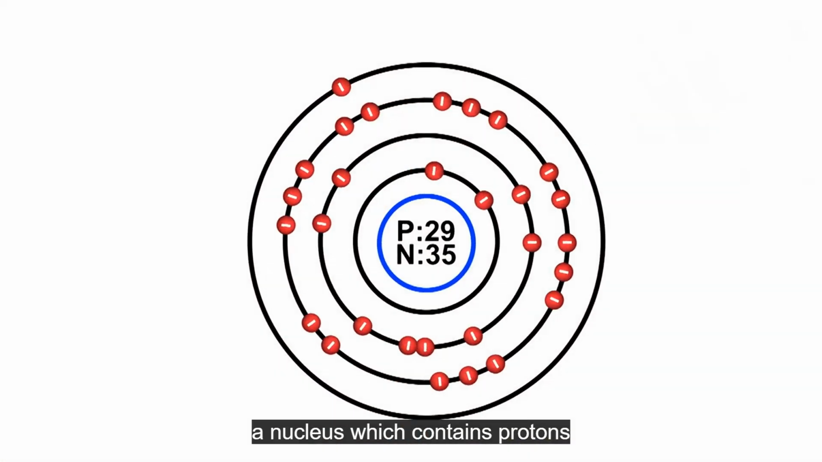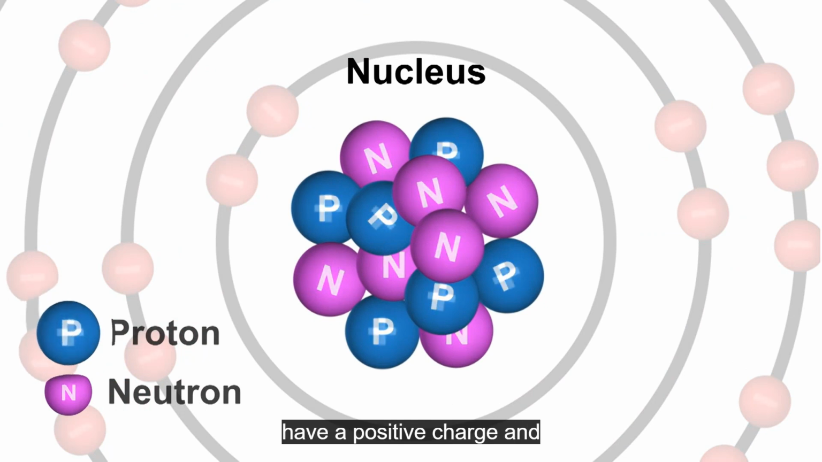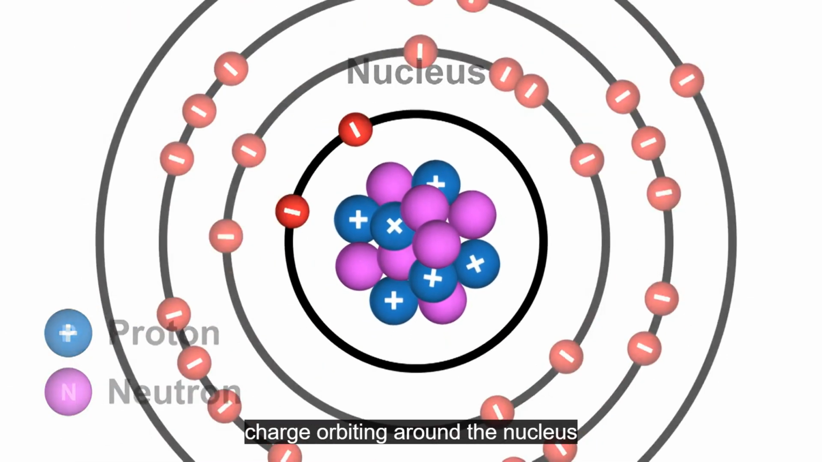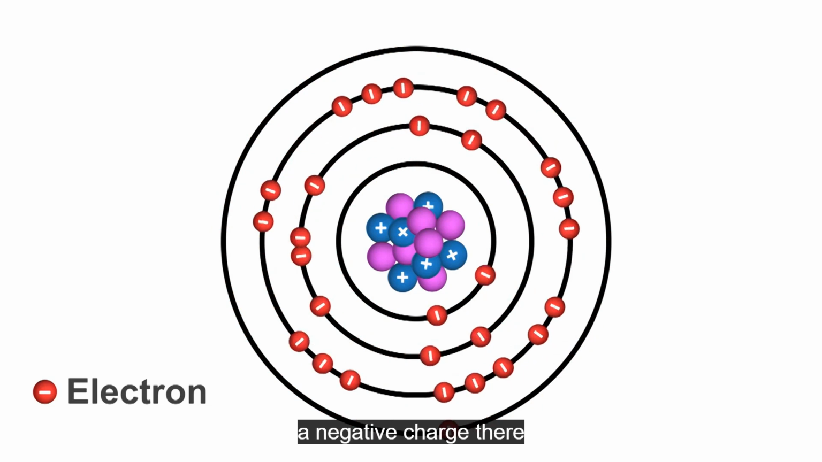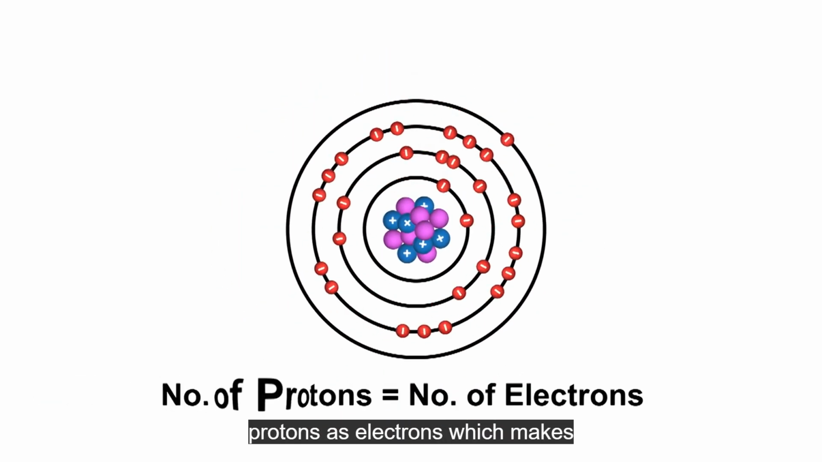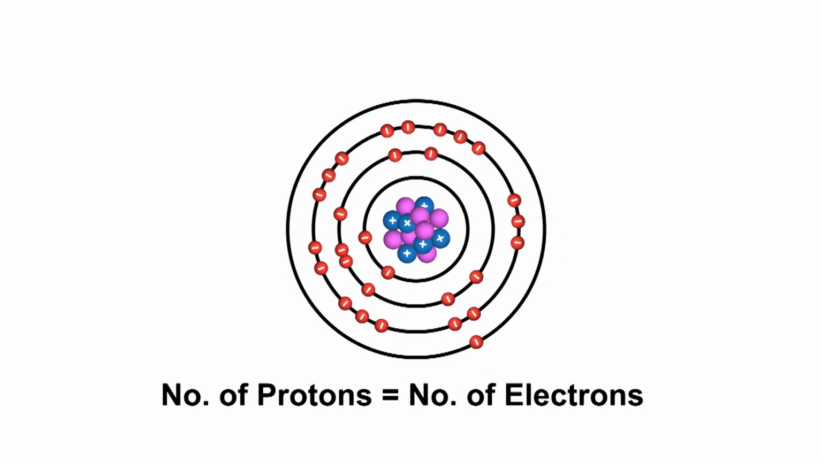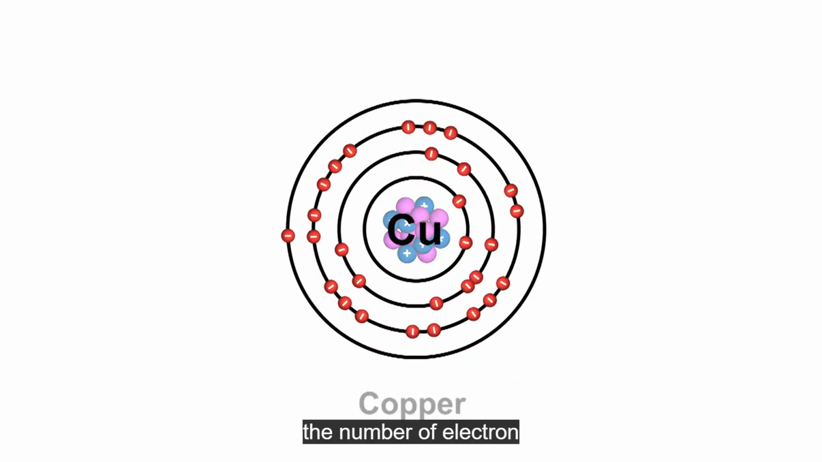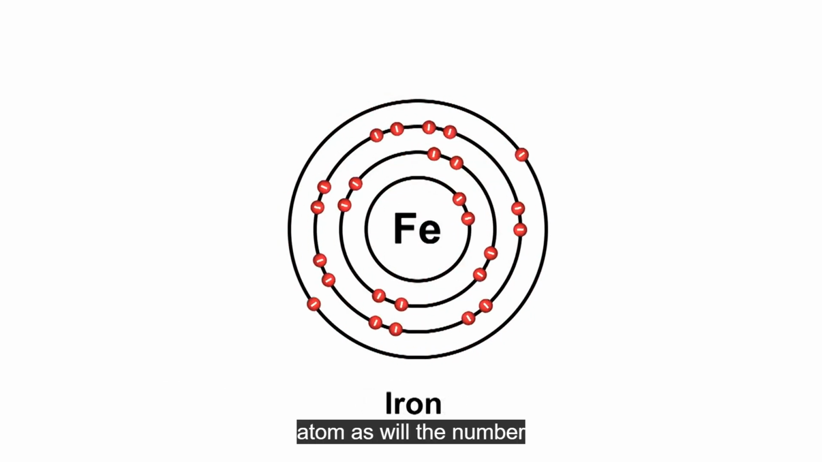An atom consists of a nucleus, which contains protons and neutrons. The protons have a positive charge, and the neutrons have no charge. Orbiting around the nucleus are electrons. These have a negative charge. There are the same number of protons as electrons, which makes the atom electrically neutral, or in other words, it has no electrical charge. The number of electron orbits will depend on the atom, as will the number of electrons